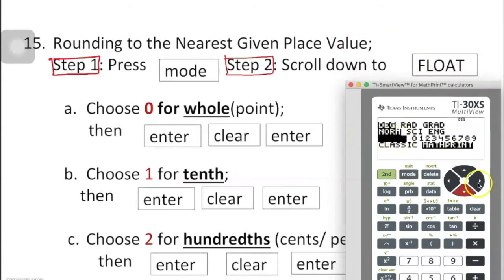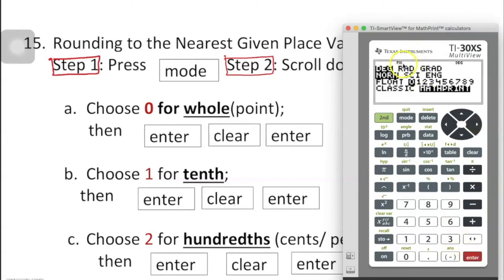And then of course we look for, there are so many numbers, 0 to 9. Usually 0 to 3 is most commonly used. Place value: 0 is a whole number, then 10th, 100th, 1000th, and so on as you go down there. Now, if you look for a whole number, you press 0. Remember there is nothing in the calculator. Once you press 0, your calculator still doesn't understand what to do. Once you press enter,